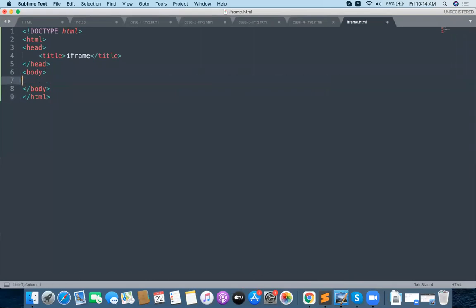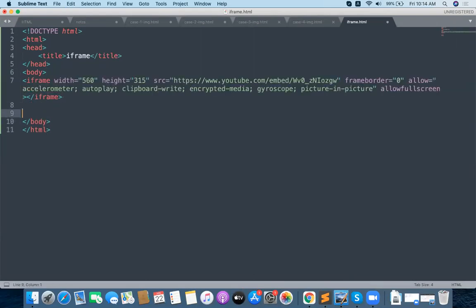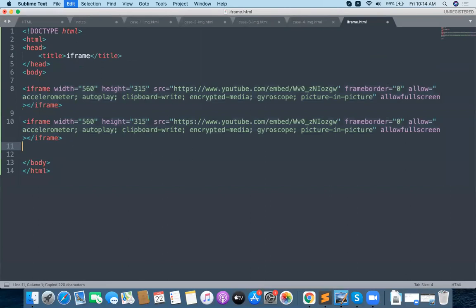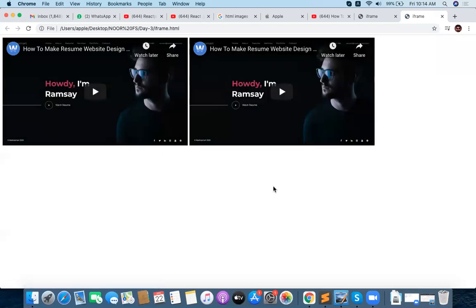I'm removing the iframe which is available and taking this iframe, which has its width automatically designed. Let me have one more copy of this one. See how iframes are loading inside your browser. Can you see?